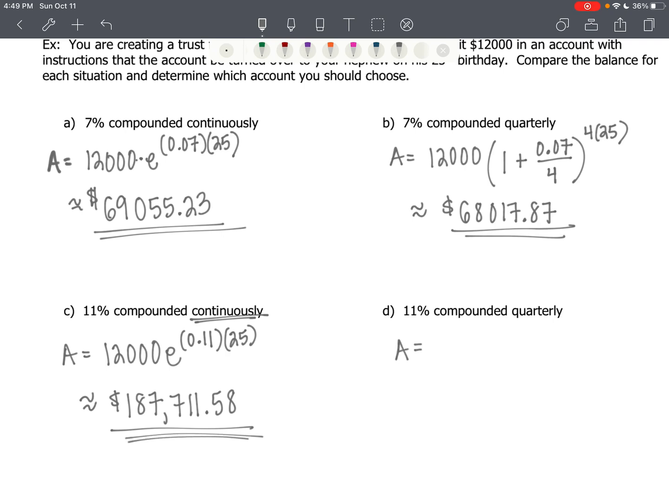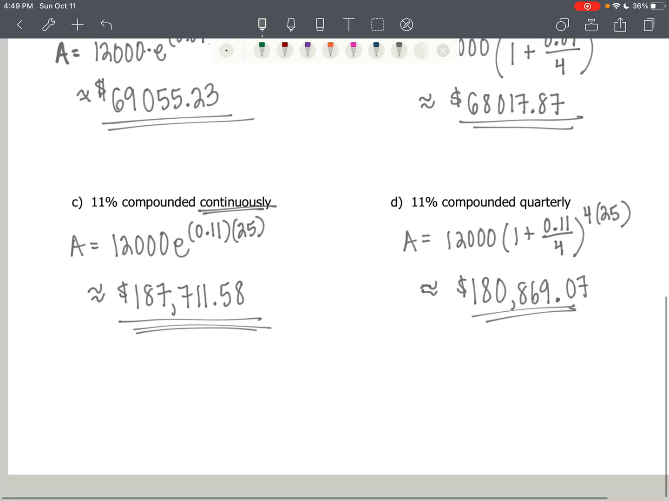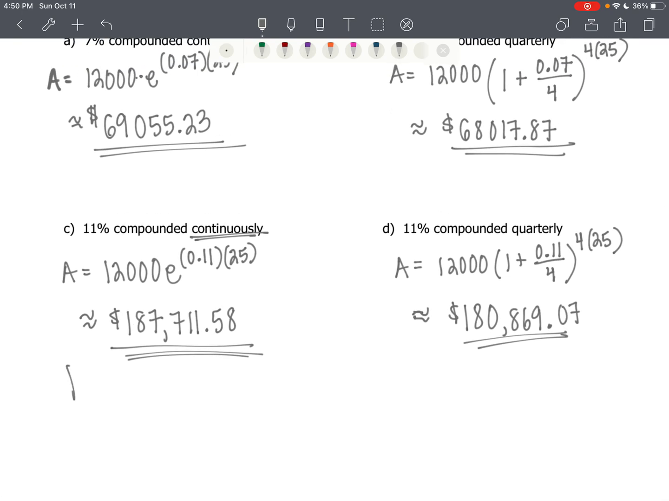But we need to be able to back it up by comparing it to 11% compounded quarterly. So that's 12,000 times 1 plus 11% divided by 4 times a year raised to the 4 times 25 power. That's going to be approximately $180,869.07. So we can see that this is the best account,